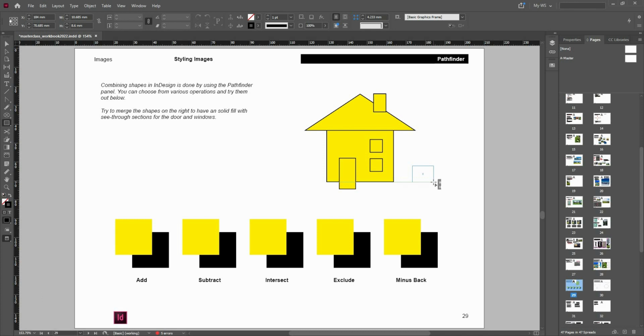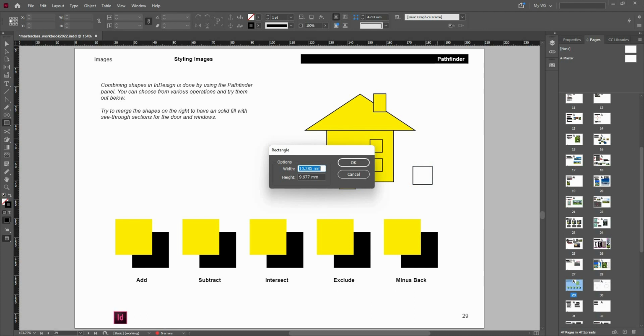Even while you're drawing the shape, you can reposition it, and that's quite useful. Let me just draw something like that, and of course if I want to draw something to a certain size, instead of clicking and dragging, I can just click in the dialog box, and I can draw, let's say, 10 by 10